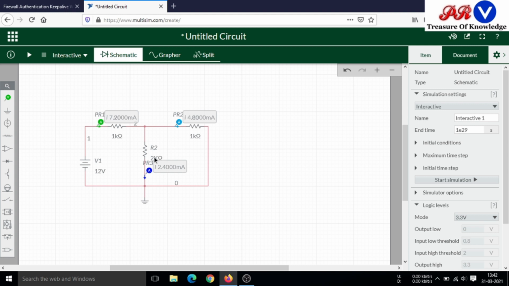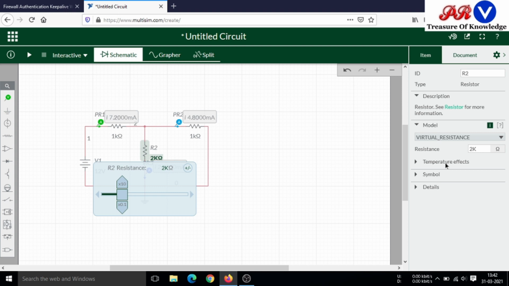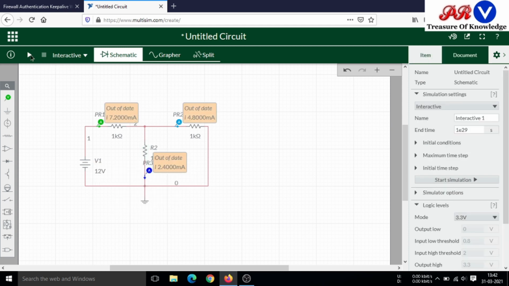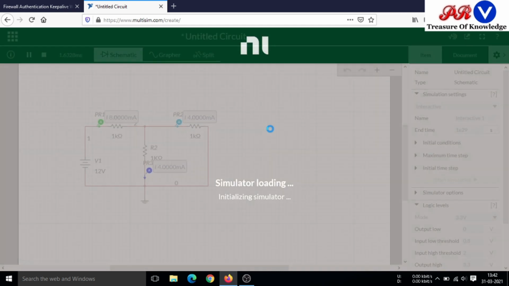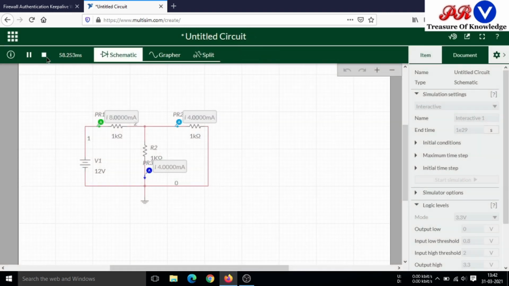Suppose I change this value from 2 kilo ohm to 1 kilo ohm. Simulate again and find the updated values. Now the total current is 8 milliampere, the I1 value is 4 milliampere, and the I2 value is also 4 milliampere, because these resistors are the same, so the current is divided equally into two parts.